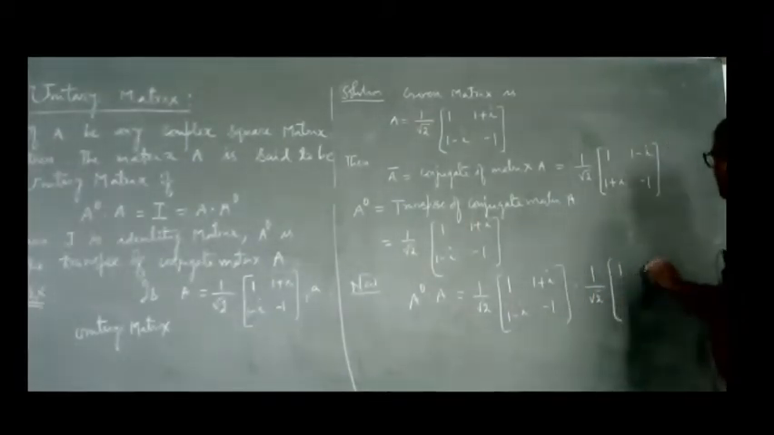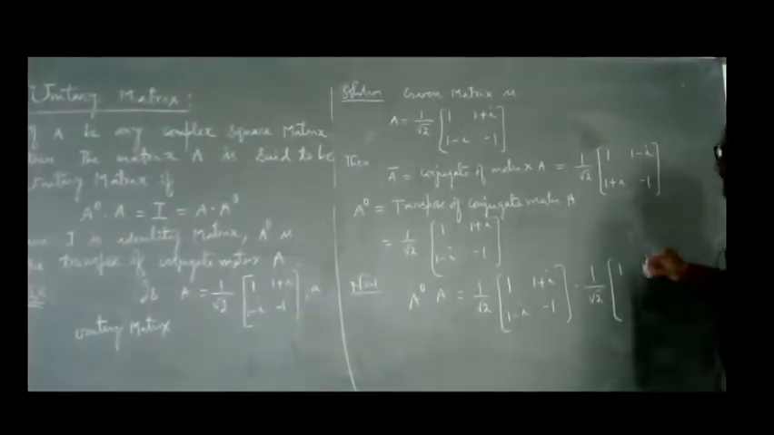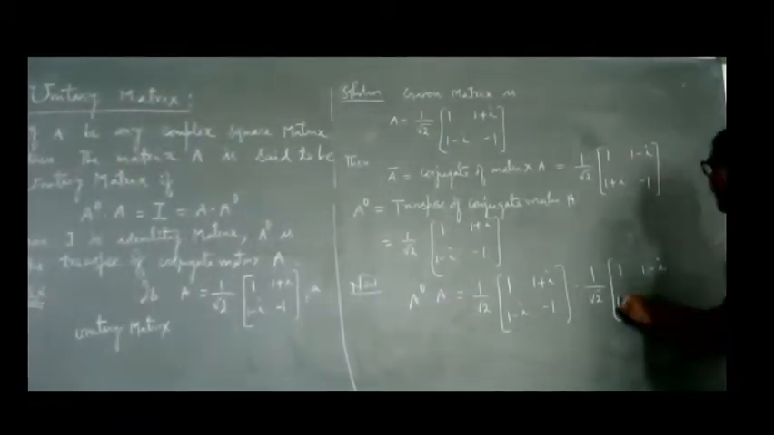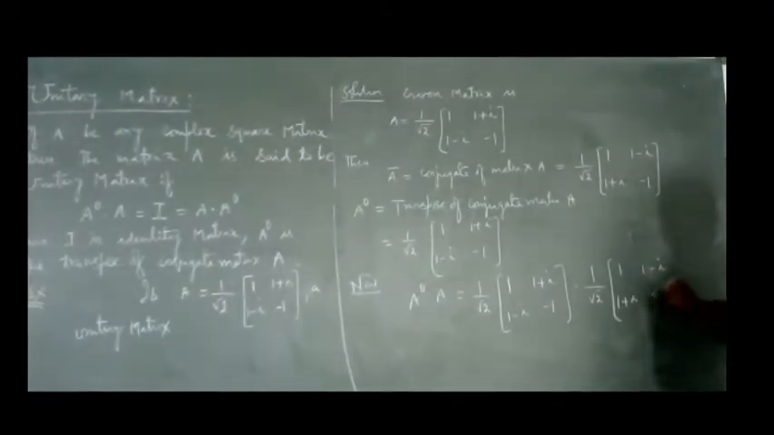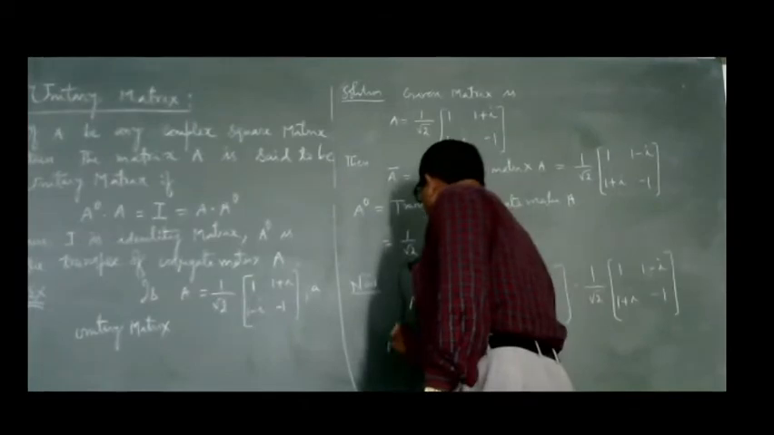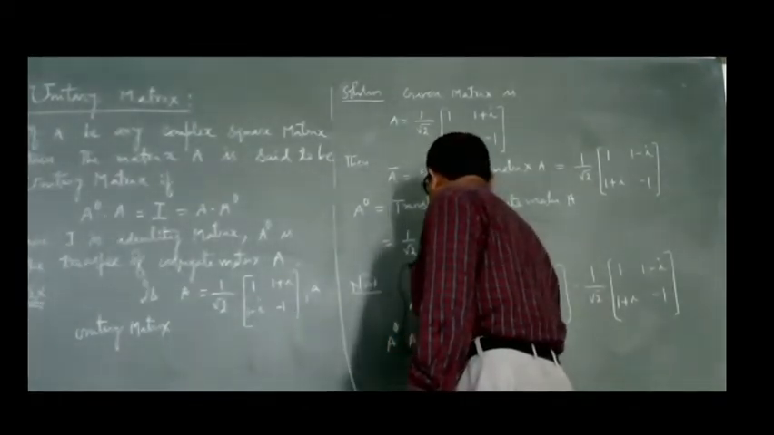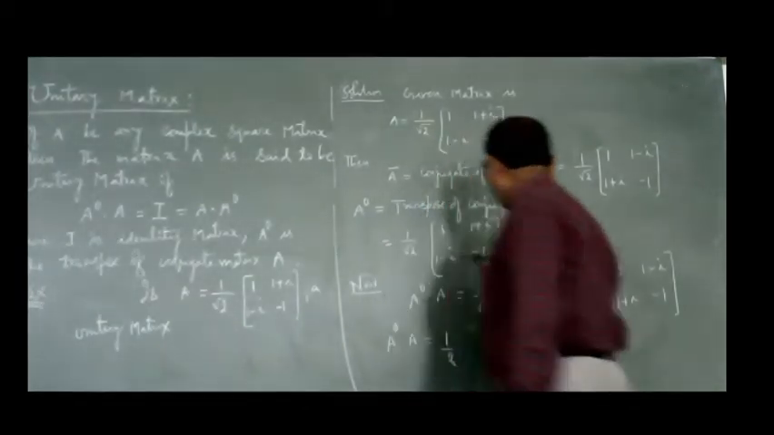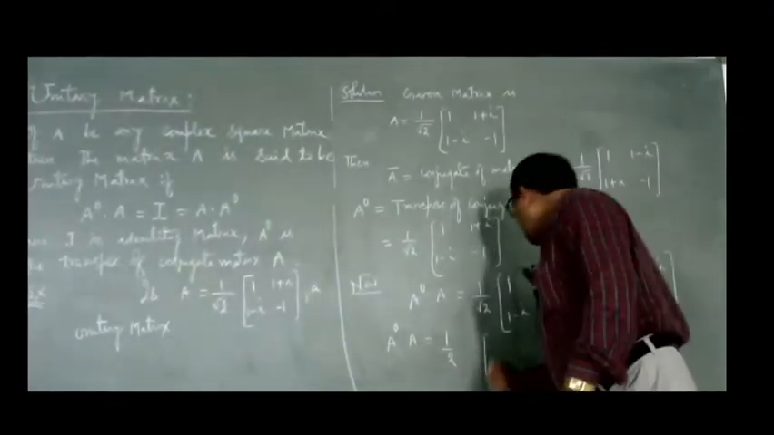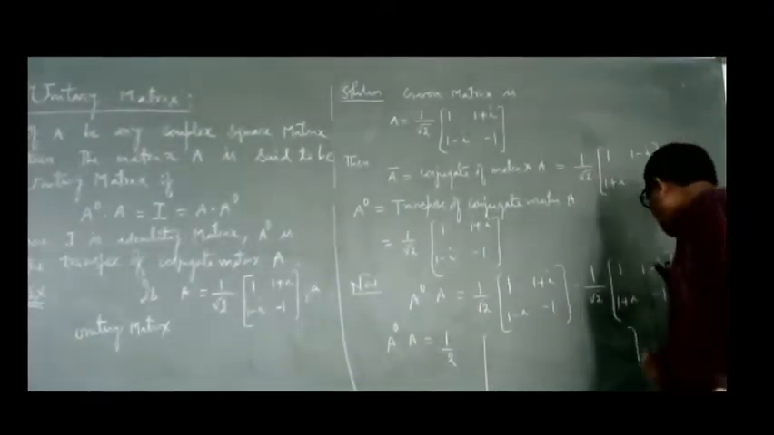1, 1 plus i, 1 minus i, minus i, 1 plus i, minus 1. Let us find this product. So you can find here A^θ into A is 1 by 2, because 1 by root 2 into 1 by root 2 is 1 by 2. And then when we take the procedure of multiplication, you will find,